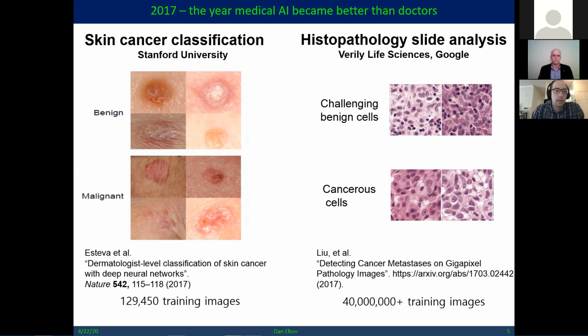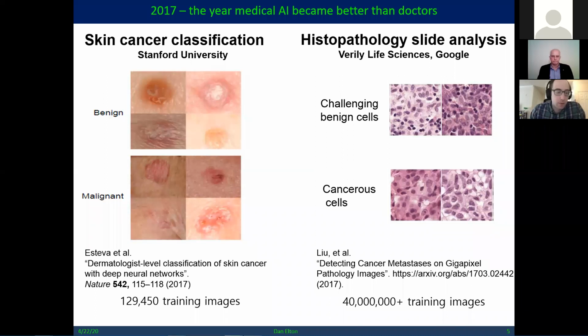And I think the year 2017 was a major year, because that's when deep learning and AI achieved the level of performance that the average doctor would have, and in some areas actually became better than your average doctor. So one of the first systems that became better than your average doctor would be